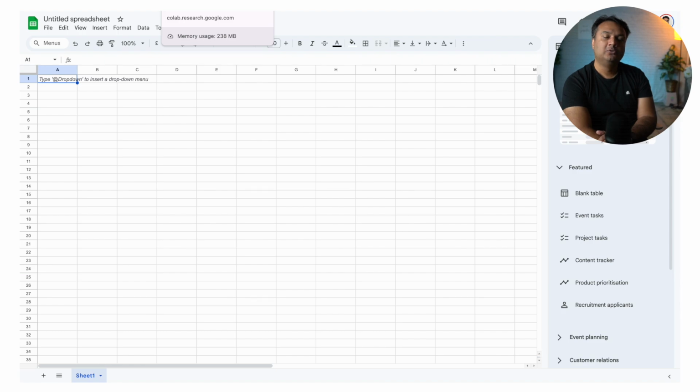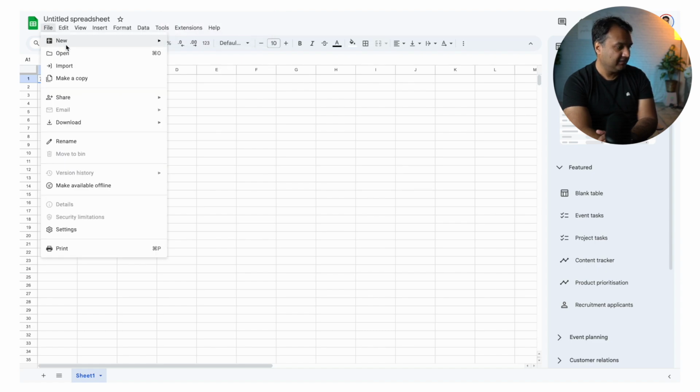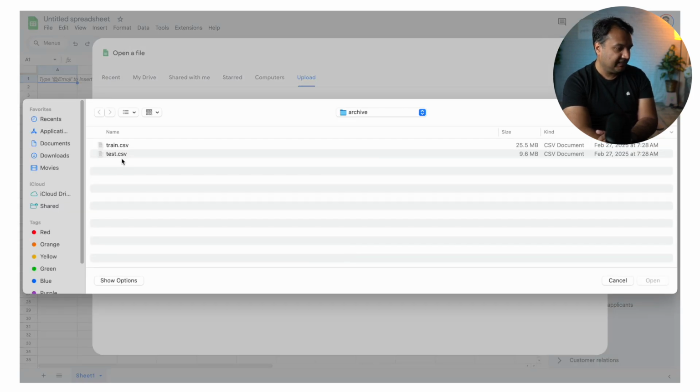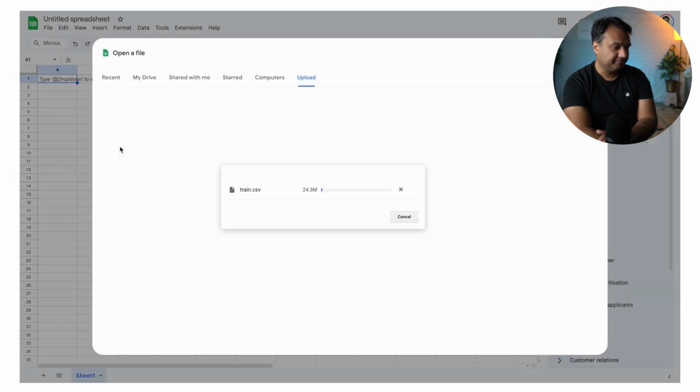Now, if I want to import data or use an existing CSV, how do I do that? Here, I'll say File, Open, and then I can go to Upload. Yeah, Upload. And then I can browse a file. This is the file I wanted to use here, train.csv.